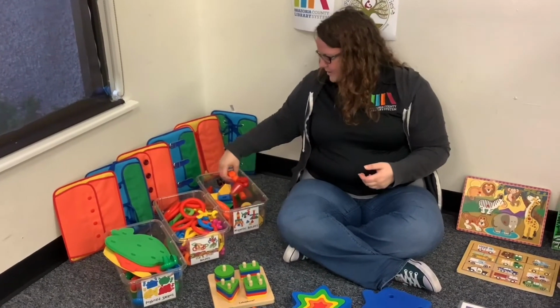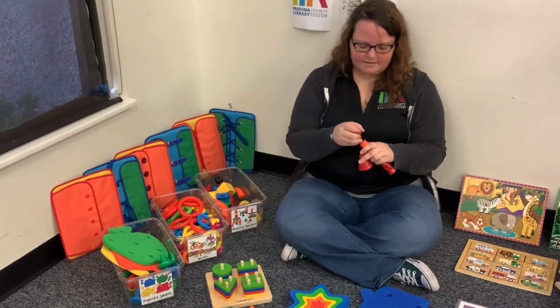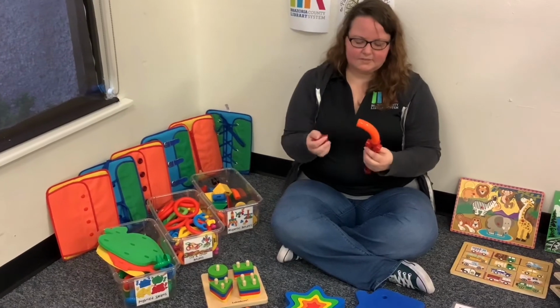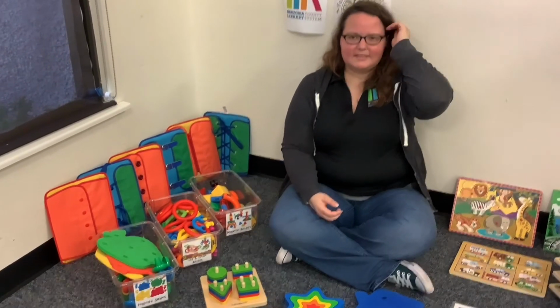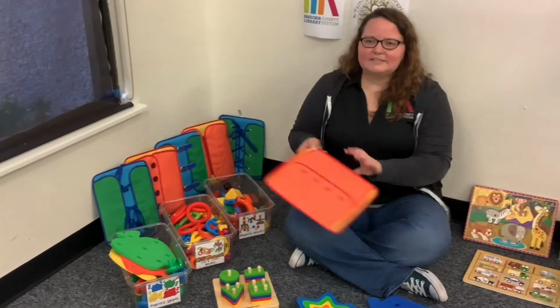We have some magnet ones. They can do the same thing. Put them together in different configurations, make different tasks, do all kinds of challenges. It helps with those skills that they are developing. And then we also have some